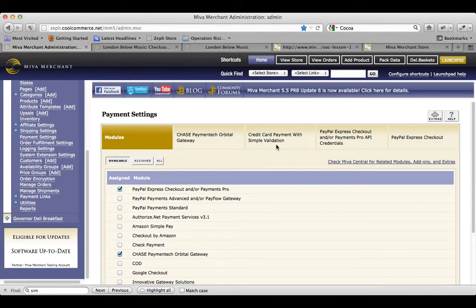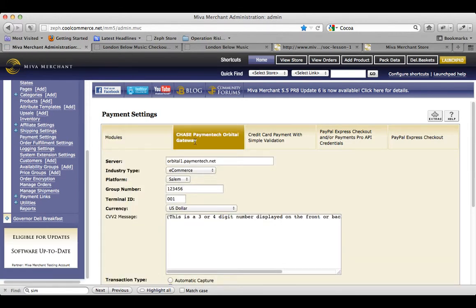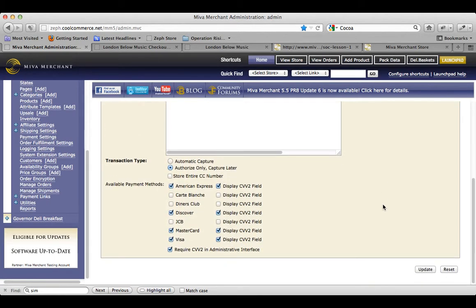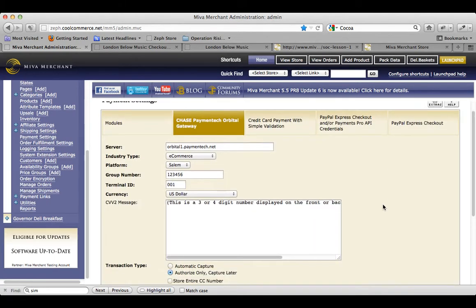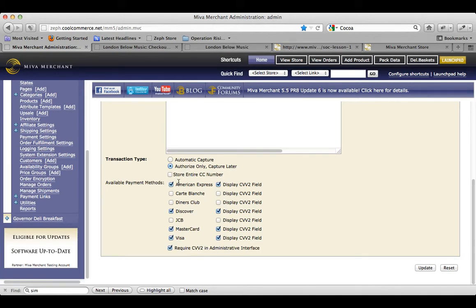Back inside the payment settings screen, click into the tab that represents your primary payment module. In this case, it's our Chase Payment Tech Orbital Gateway. Scroll down to the bottom of your primary payment module, and you will see an area called Available Payment Methods, and it lists out different credit cards. Anything that's checked marked is what you're offering to the customer at checkout, and that card gets listed in that drop-down menu. So all you have to do in this time of crisis is remove these check marks, hit update,